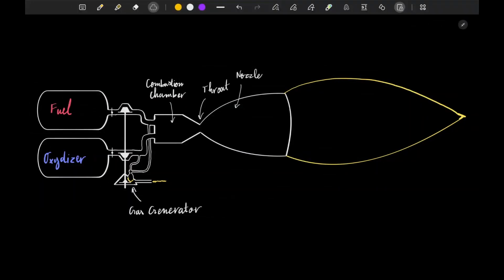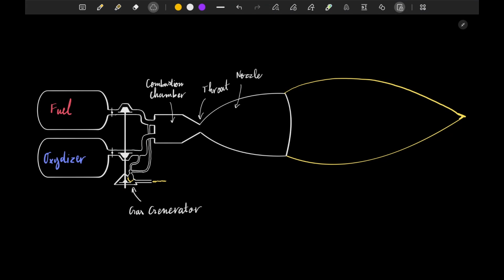The answer of the open cycle rocket engine to this problem is surprisingly a small rocket engine, which we will call a pre-burner. We use small amounts of fuel and oxidizer to run the pre-burner, which in turn runs the turbines, which enable us to maintain the main combustion. One of the downsides of open cycle rocket engines is the waste of a portion of fuel and oxidizer